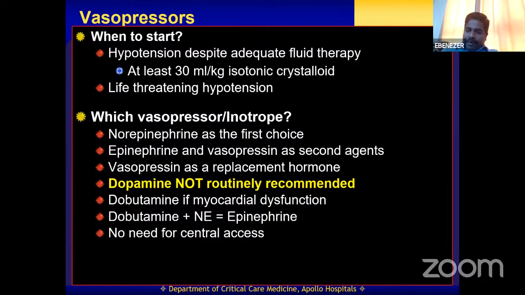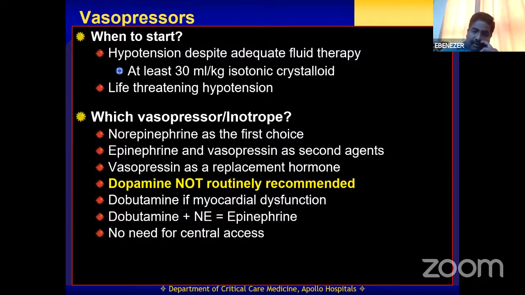As you know, norepinephrine is a severe vasoconstrictor. Sepsis is a vasodilatory shock, so it will vasoconstrict. As a result, blood pressure will improve. At the same time, dobutamine will have a good cardiac contractility effect. Dobutamine can also cause some element of vasodilatation, which is offset by the norepinephrine. So in cardiac patients with septic shock, probably you can use a dobutamine or a norepinephrine, or you can go